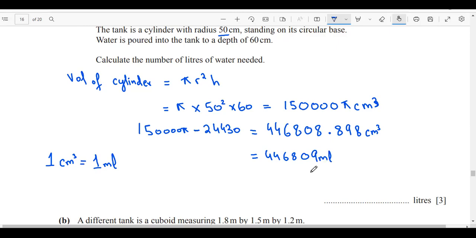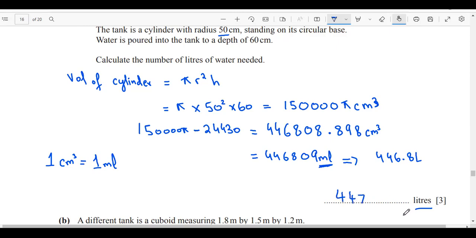This much water would be needed, and this amount in liters is going to be this thing divided by 1000. So I would get 446.8 liters. So you can give the final answer as 446.8, or you can just write now